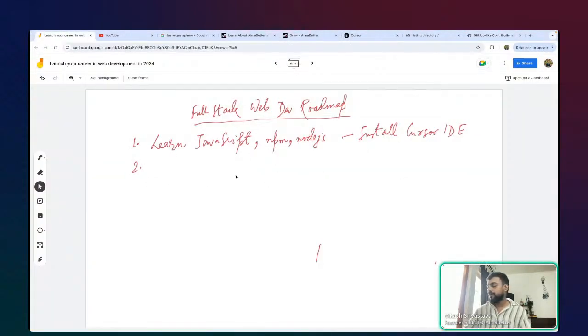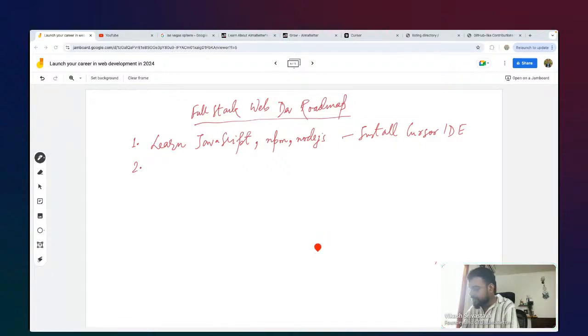So we're talking about, the first thing is we want to learn JavaScript, and we can resort to maybe an AI-integrated IDE such as Cursor. Now let's talk about the next thing, right? What is it that we can do? So next, I'll just delete this. So learn HTML.